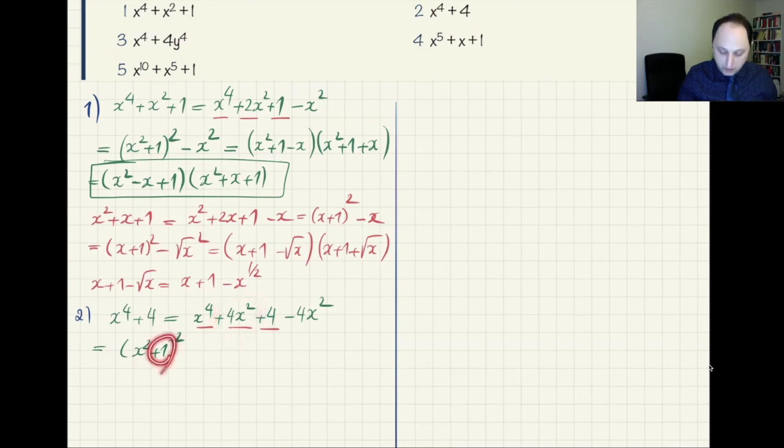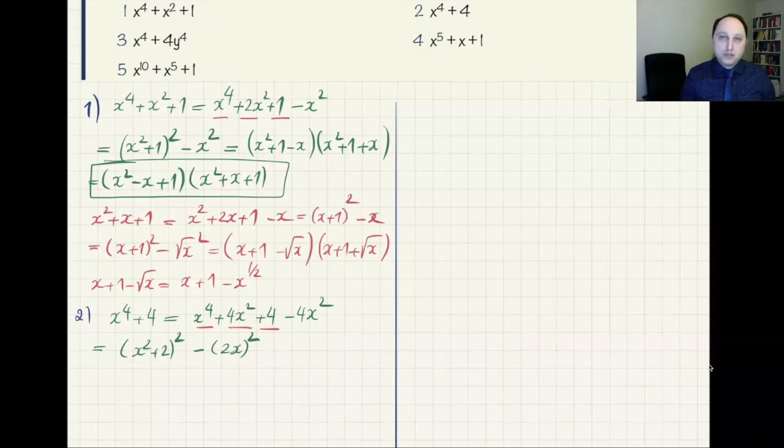And the second 1 to the 2, oh, sorry, it is not 1, sorry. So let me fix it. This is not 1. This is indeed 2. Okay, so the first 1 to the 2 is x4. 2 times the first one times the second one is 4x squared, and the second 1 to the 2 is 4. And then I have minus 4x squared that I can immediately write in this form, 2x to the 2. And then why this is good, because now you see that I have the difference of two complete squares,